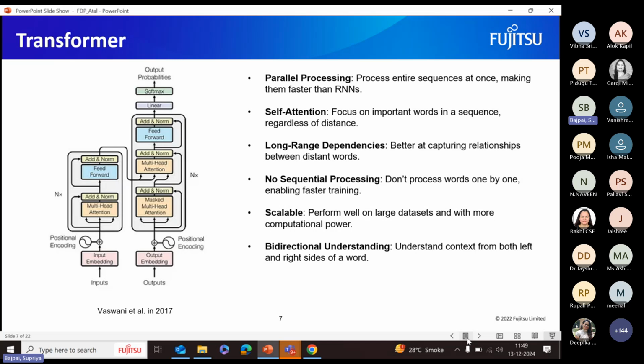Before the transformer came along, we used models called RNNs, which we looked at earlier, for tasks like language translation, prediction of the next word, or understanding sequences. RNNs are good because they can handle sequences of data like sentences and remember information from previous words while processing new ones. But the problem is they are slow, especially when dealing with long sentences. They process one word at a time.